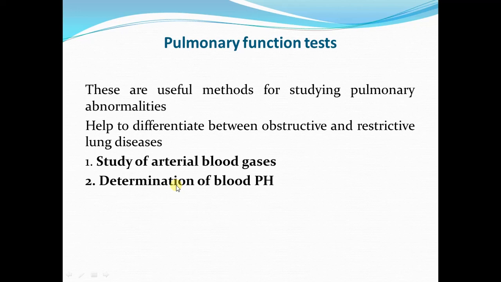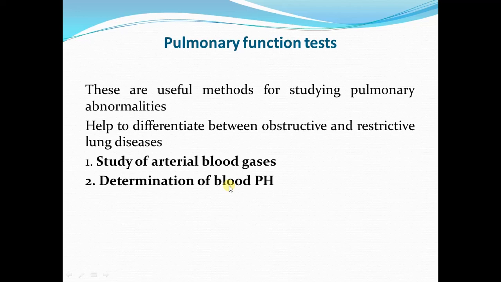The next test is determination of the blood pH. Normal arterial pH of the blood is 7.4. A fall in the pH can occur due to retention of carbon dioxide in the blood, which can occur due to abnormal lung functions in different lung diseases, or simply when there is depressed pulmonary ventilation, either due to depression of the respiratory center by narcotics, drugs or sedatives,